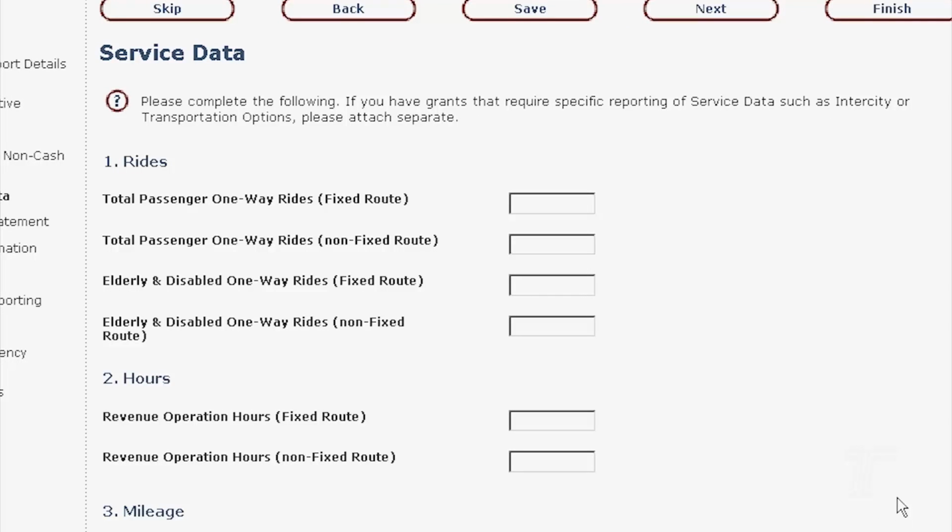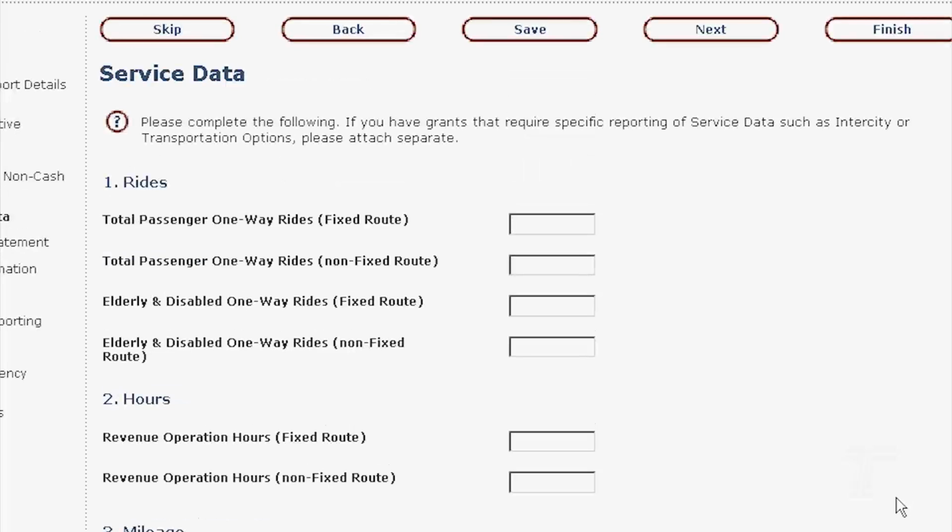So here are rides, hours, mileage, and other information. There's a slight difference between what shows up here and what was on the former quarterly report. They had, for service data, total rides, elderly and disabled, and then hours and mileage, and they had fixed route, other than fixed route and a total. So it's slightly different the way it's laid out here. And just be careful that you're reading